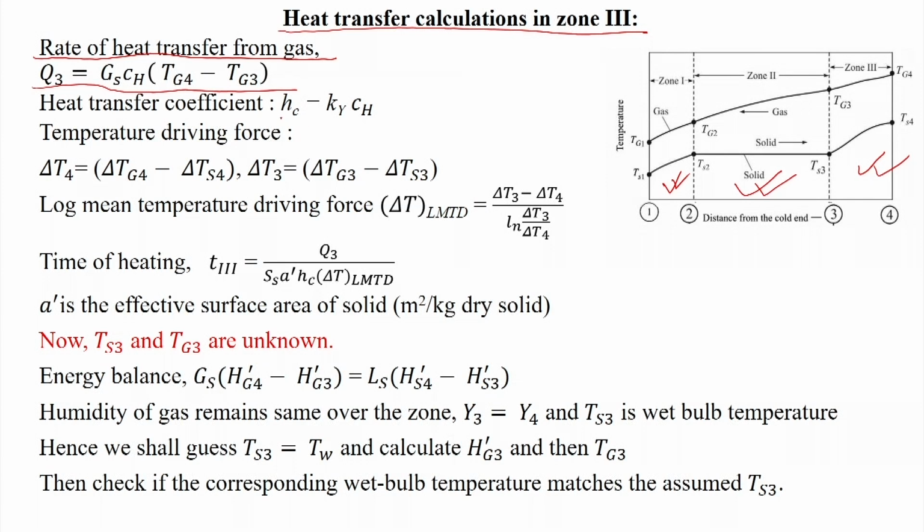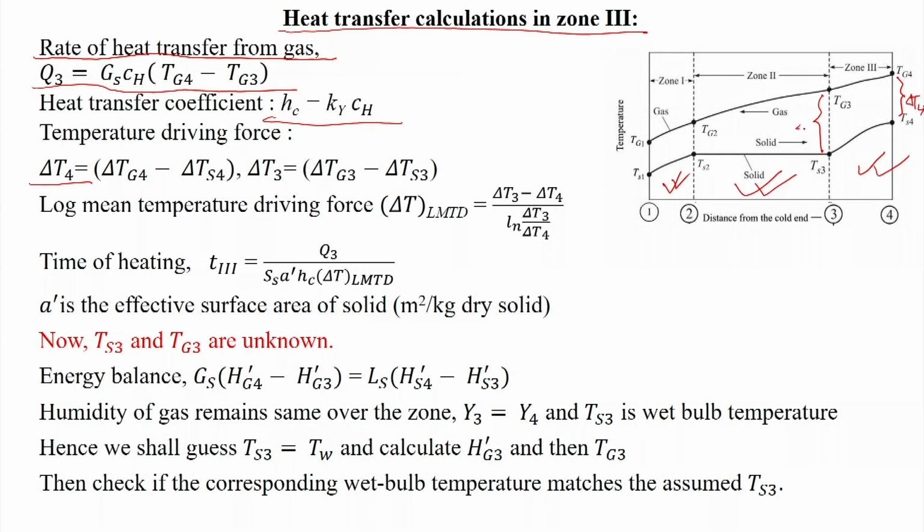Then we have the heat transfer coefficient equal to Ky into Ch, and the temperature driving force will be like this. The temperature driving force in station 4 is nothing but Tg4 minus Ts4, and the temperature driving force in station 3 will be Tg3 minus Ts3. So this we can say is delta T4,